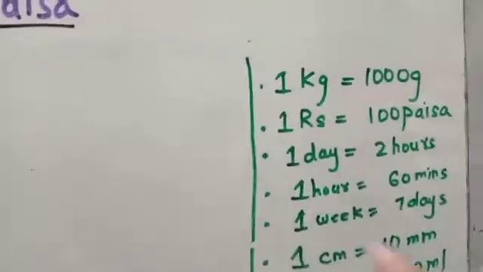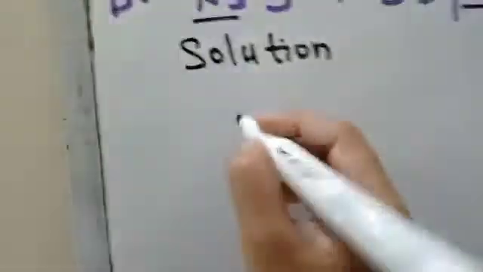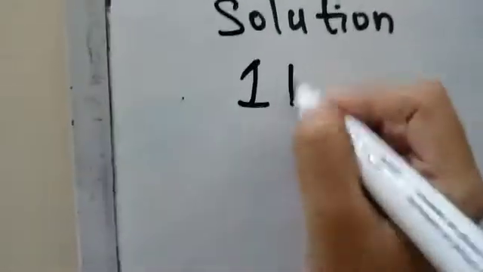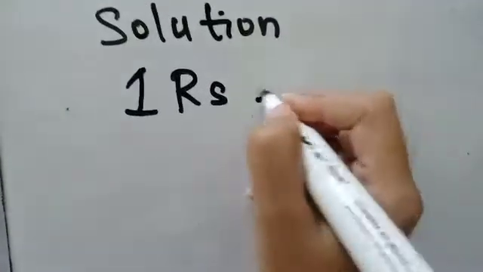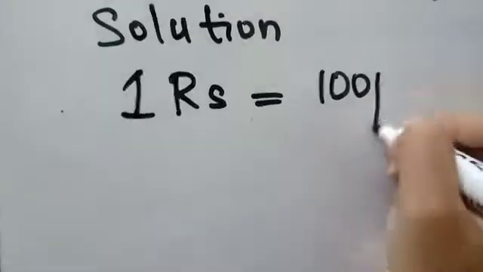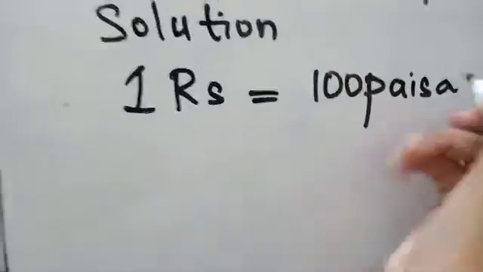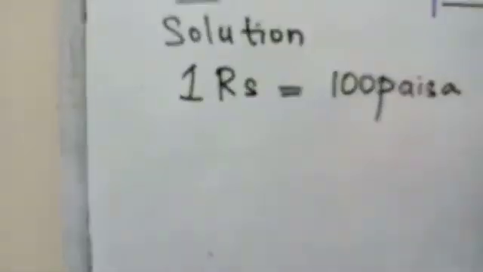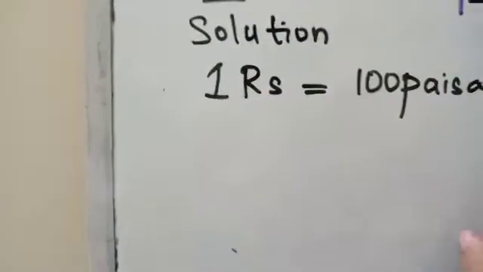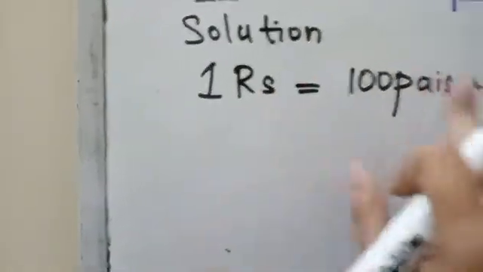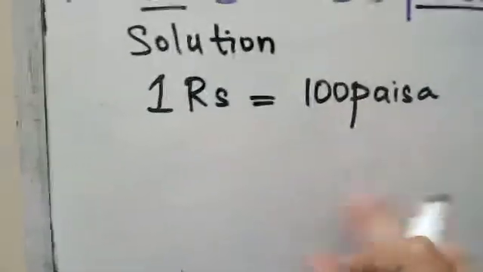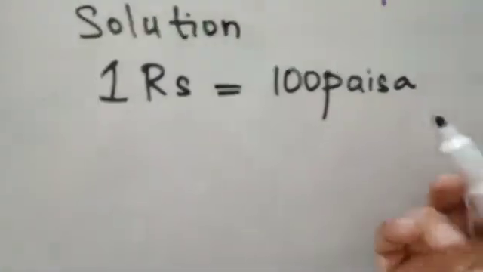It means the first step you have to learn and you can write simply. Whenever I get 2 units, I will say 1 rupees is equal to 100 paisa. This I have to learn, this I should know that 1 rupees is equal to 100 paisa. It cannot change. ठीक है, 1 रुपया हमेशा 100 पैसा के बराबर ही है. So 1 rupees is equal to 100 paisa.